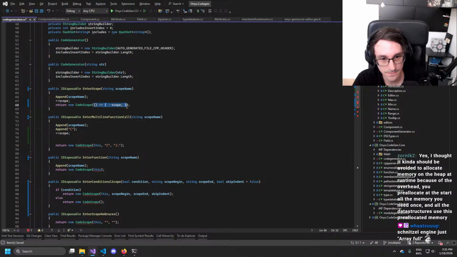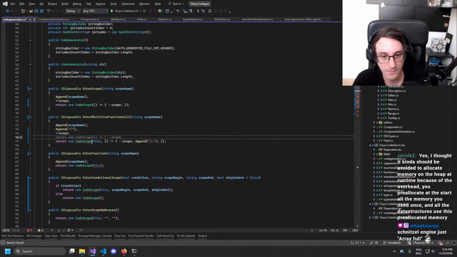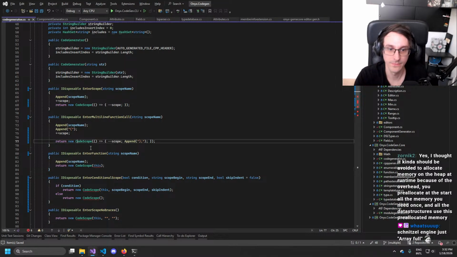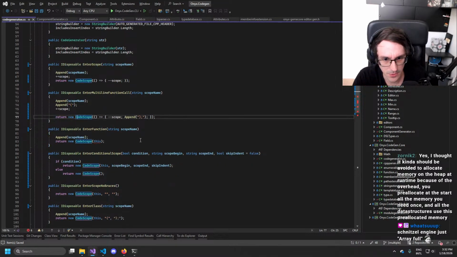And then scope minus minus, and then append this. And that's already way cleaner. And I think that should all still work. Ish.